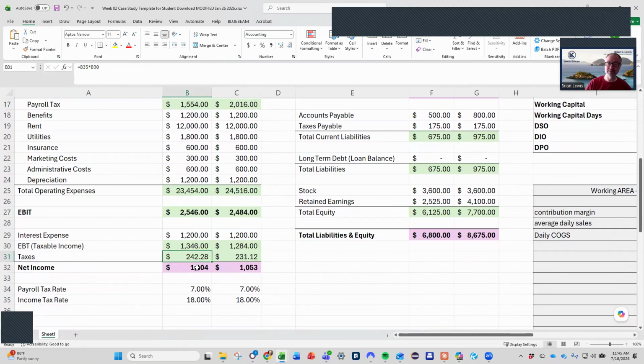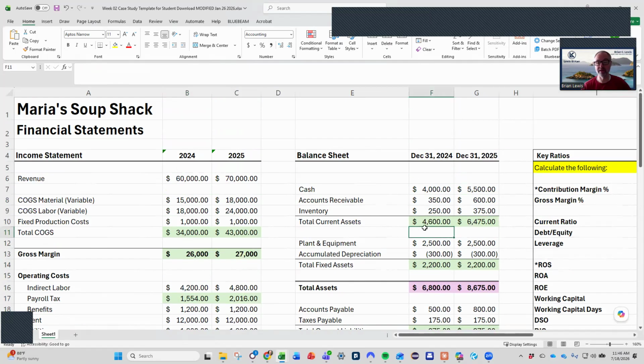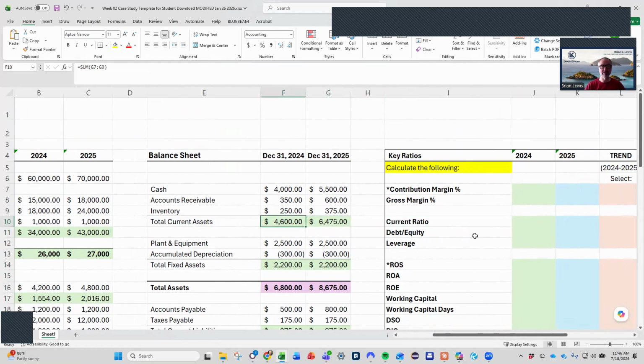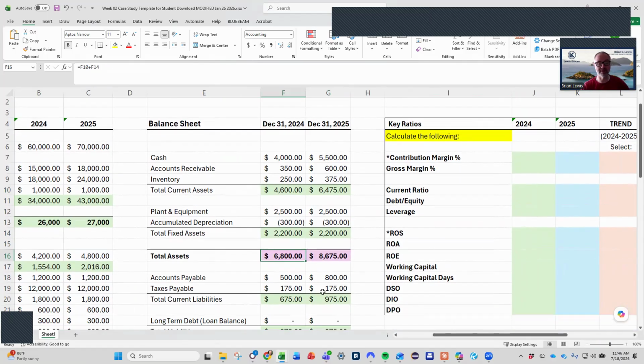So if for some reason you're finding the prior assignments a little difficult, you might be able to go back and redo them based on what you see here, right? They've got all these numbers in here, referenced, and they have the formulas there to refer to. They even have the formulas for the balance sheet as of a particular date, right? You have your total current assets, your fixed assets, your total asset number,